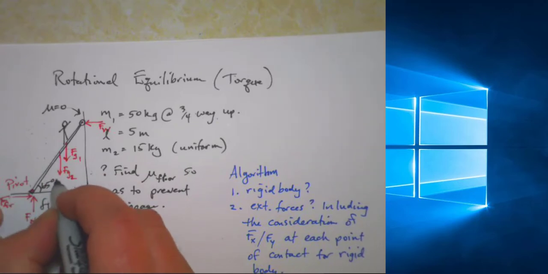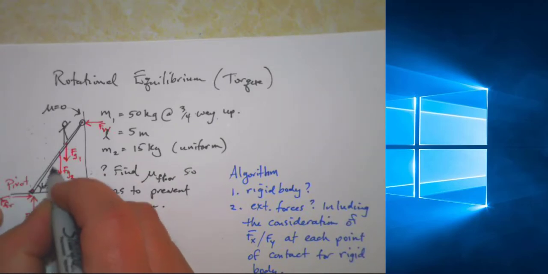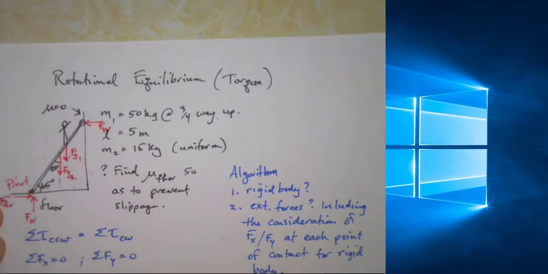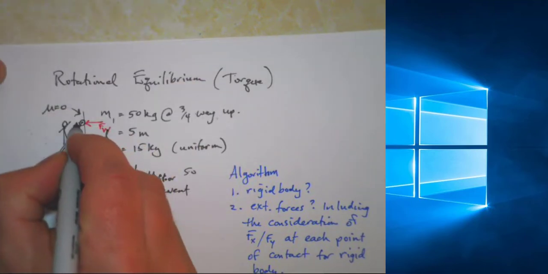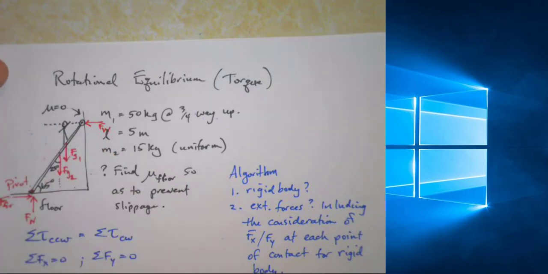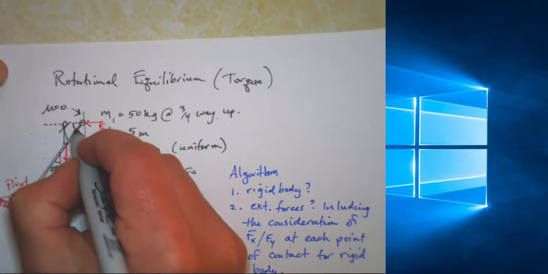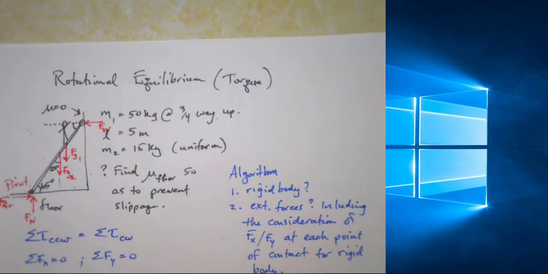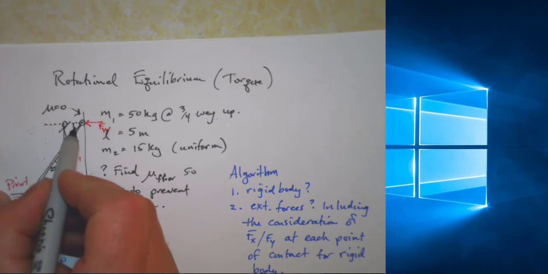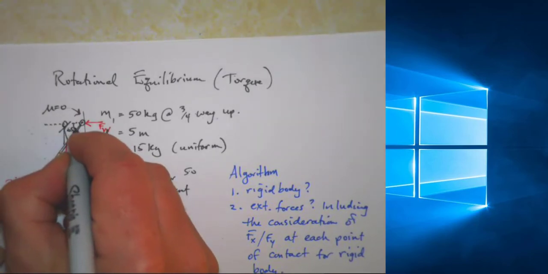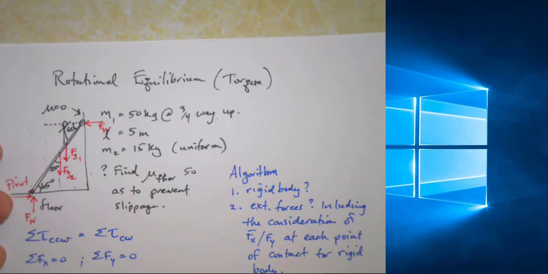So I know that if I extend this down into a right angle triangle, this angle up in here is going to have to be 25 degrees. I extend my force from the wall, and I see this is the angle that it ends up making. Maybe I want to refine my algorithm to read the acute angle that the force makes with the beam to make sure that I'm looking for the right angle. So I can see that that angle is equal to the 65, and now I'm ready to